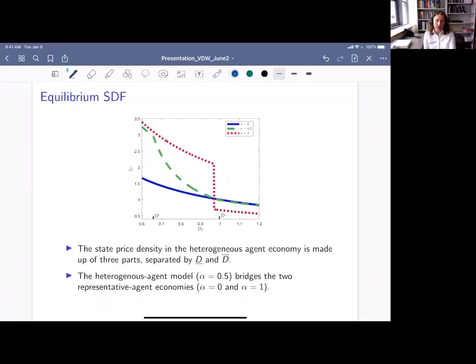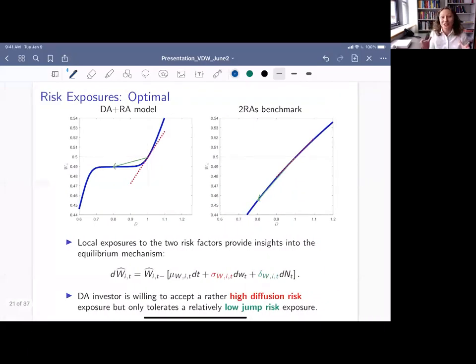Now, the last thing before I go on and finally show you the option demands is risk exposures. Again, this is one more step that will help to understand where everything is coming from. Here we would like to illustrate the equilibrium wealth. In this case, it's time zero wealth, but you get a similar picture for any intermediate point in time. And risk factor exposures. What do I mean by these risk factor exposures? Basically, what I have highlighted here in red and green are the volatilities of the wealth dynamics.